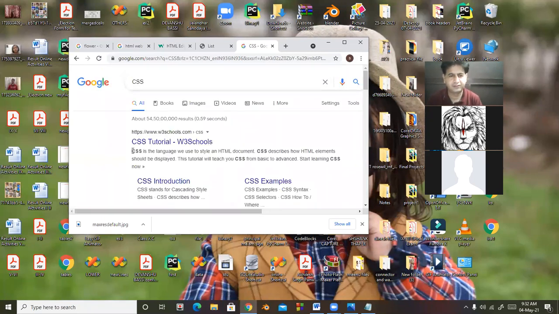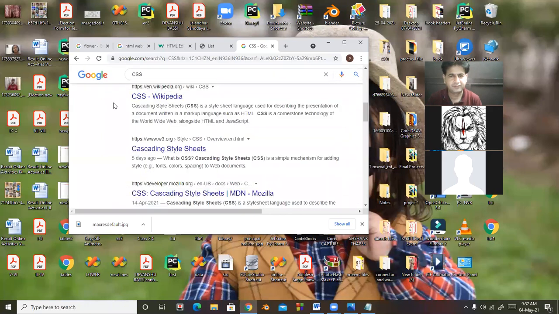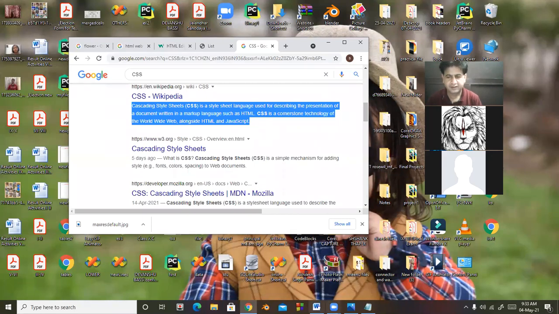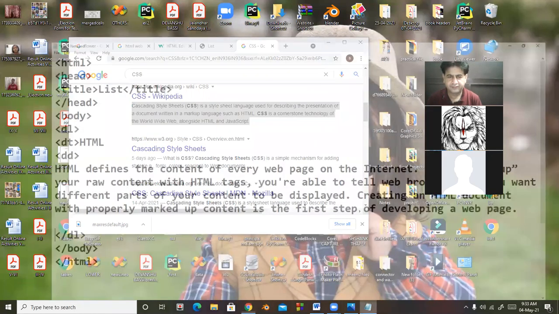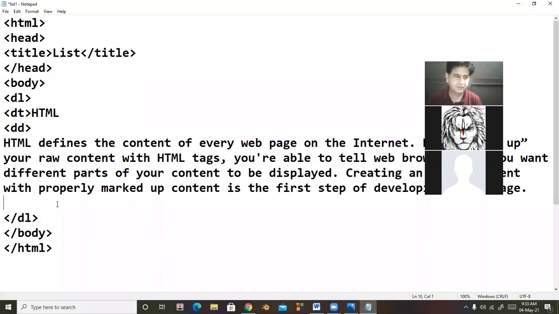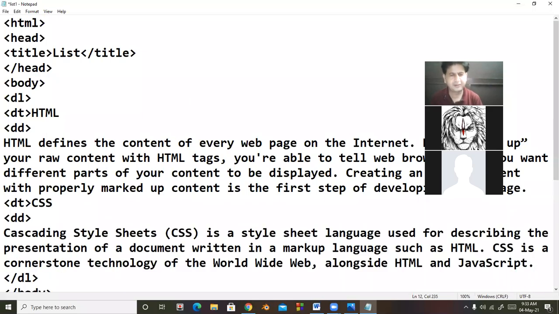So here is a definition. I take DT, in DT, CSS, and in DD, the complete definition. So I'm saving this document.